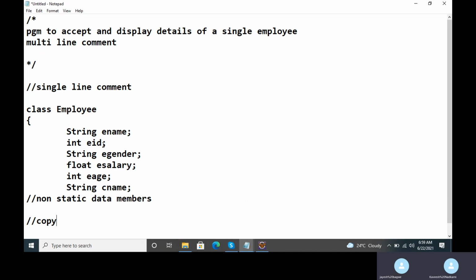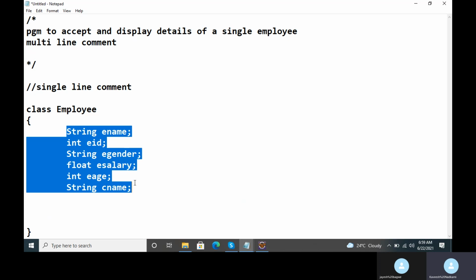Each will belong to one object, right? So that happens with the non-static data members, that is, if the data members are declared without using the static keyword, Jayesh. Clear up till here? So these are the non-static variables because I have not used the static keyword in Java while declaring them.